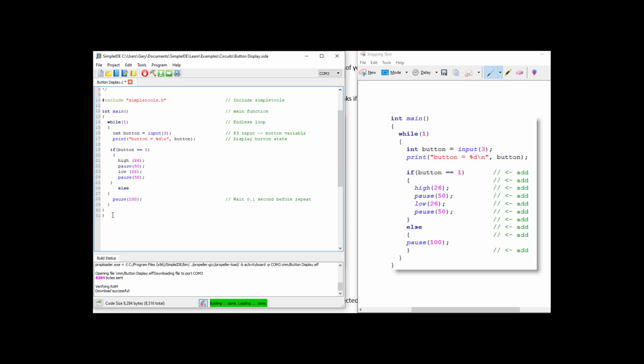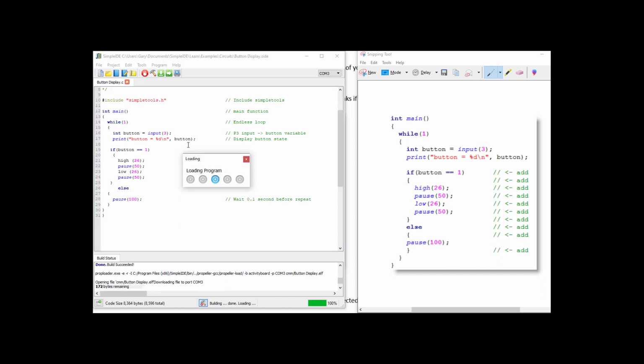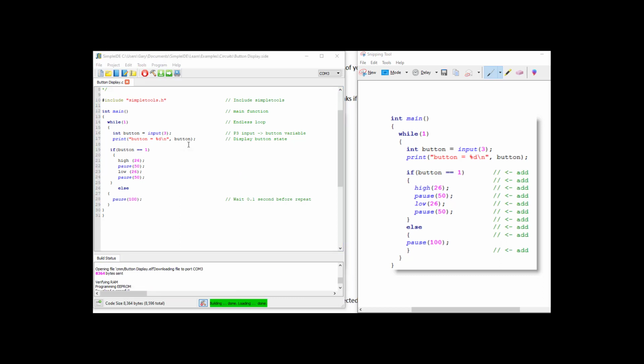So let's double check. So we got one around main, we got one around our while, and that actually this would be our while. And we have it around our if and a pair around our else. Let's try and see if it's going to work. And good, it ran, and when I push